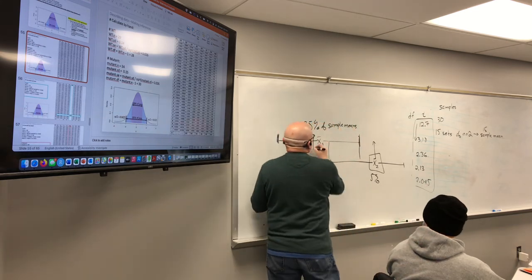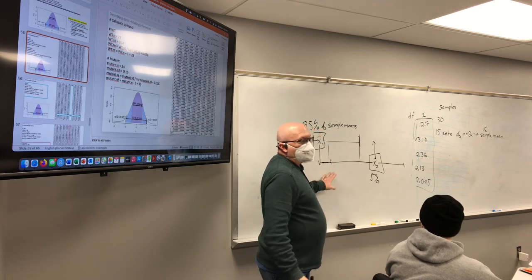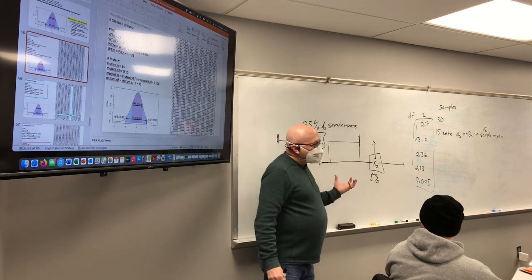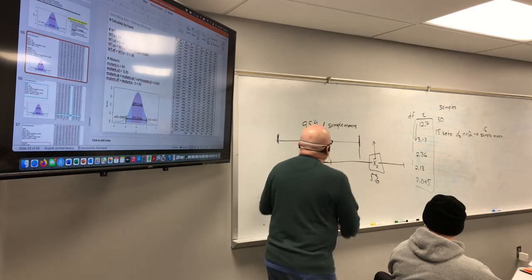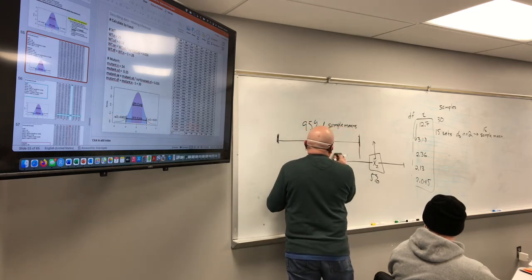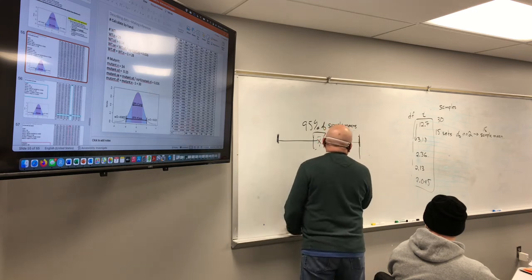In a similar fashion, this could be in the 5% that is in this tail. Over here, really only the 2.5% that is in this tail. But once again, because that's only 2.5%, that's a relatively unlikely occurrence. If, on the other hand, this mean